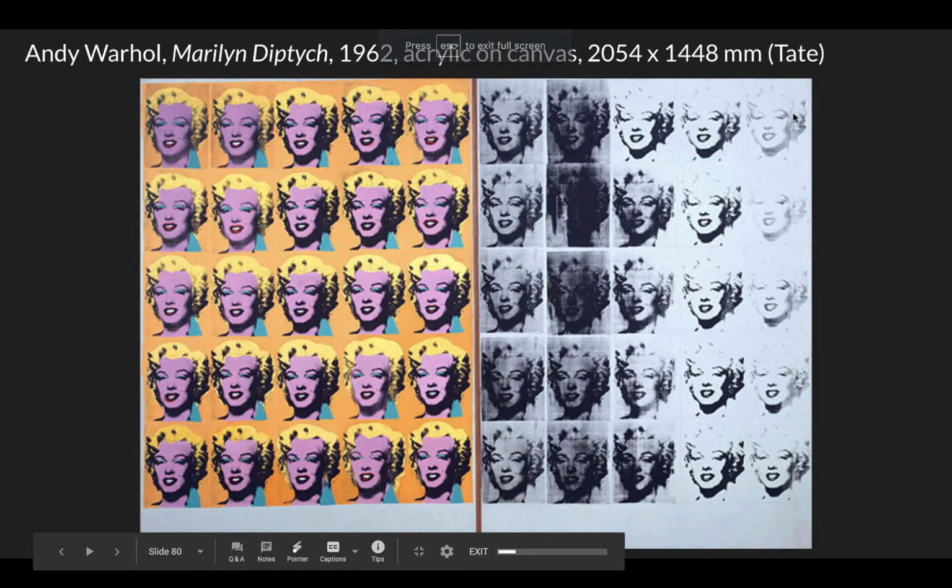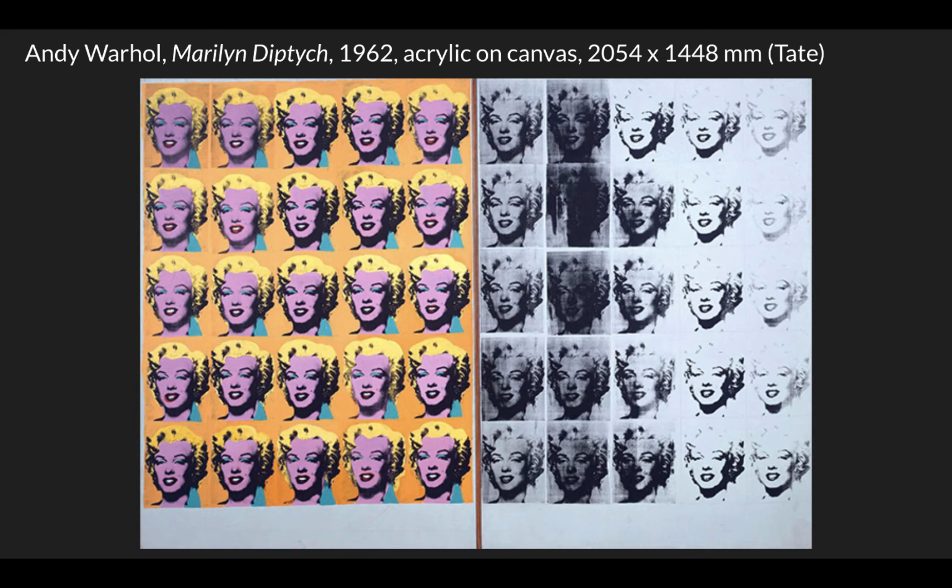In post-war America, the United States kind of becomes the center of the art world, and the abstract expressionists in New York are the first major school, and then pop art is the next major movement, and Andy Warhol is kind of the name for pop art. This Marilyn Diptych is actually screen printed, and on the left it's really colorful and garish and bright, and on the right you see it's black and white,